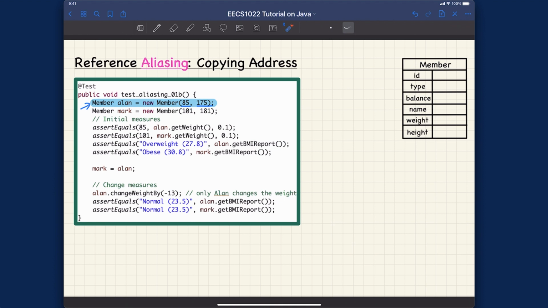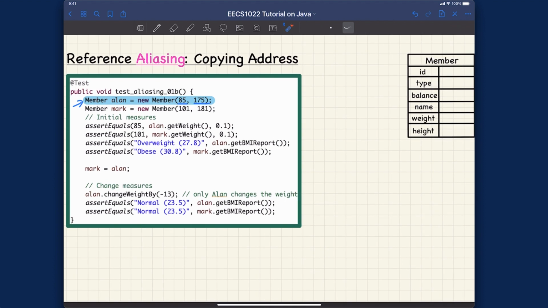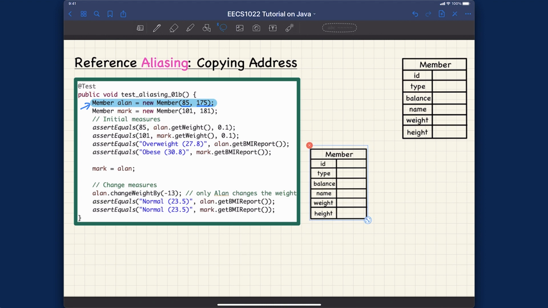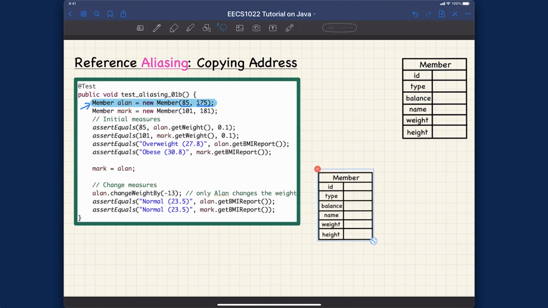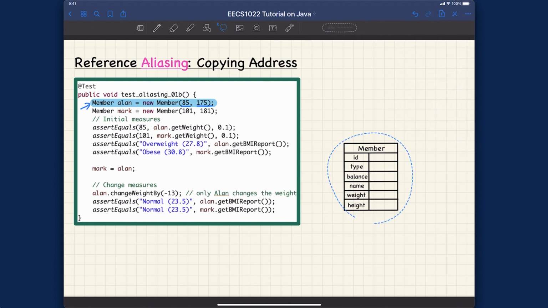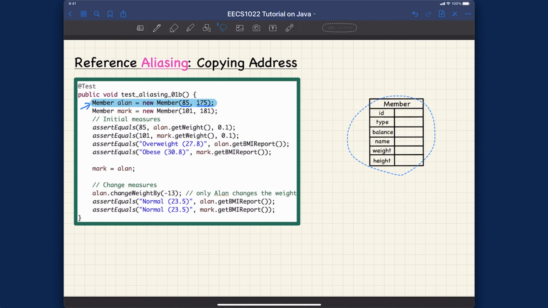So let me paste it over here. Oh, did I copy that? Let me just do it again. Okay, let me just copy that, and then let me put it here. So the first object is over here. Let's put the member here, and I don't need this anymore. Okay, let me just copy this again. Okay, so this will be the blue one,